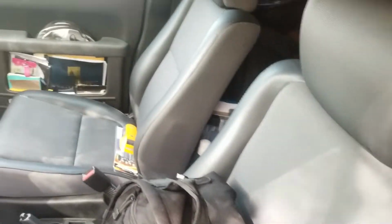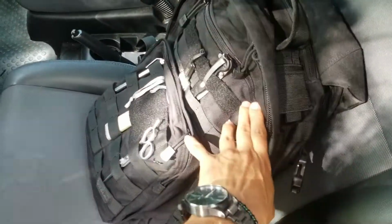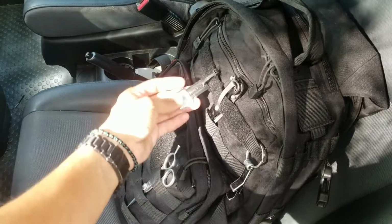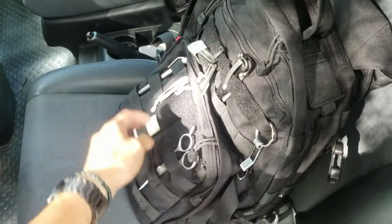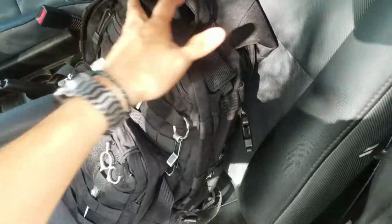I'll make another video about tips and stuff, maybe on things that I've learned. This is my backpack that I take camping or on my motorcycle. Knife. Also here are the can openers that come in handy tremendously. A pair of scissors, some waterproof stuff, some air pressure gauges, and then everything else in my backpack would be